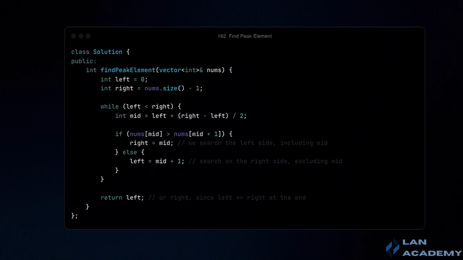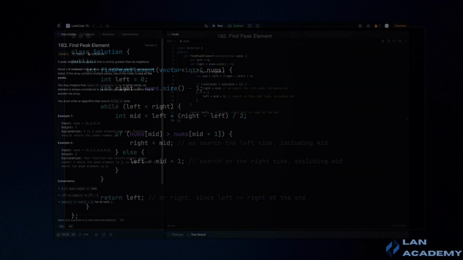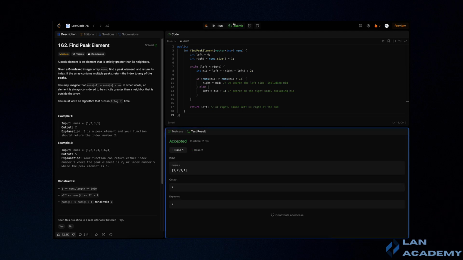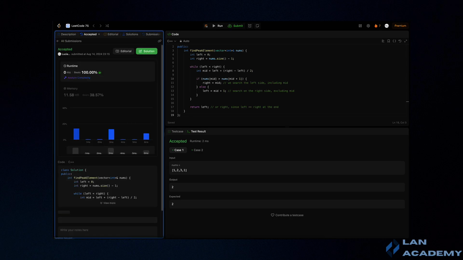The binary search method is particularly advantageous for search and selection problems in ordered or partially ordered collections, offering a robust and elegant solution for identifying peak elements in an array. After implementing the code, it's essential to test it to ensure its correctness. Keep in mind that exploring different implementations or trying other algorithms can further enhance your problem-solving skills and deepen your understanding of this technique.